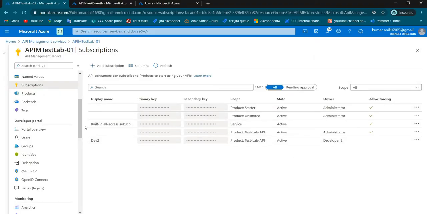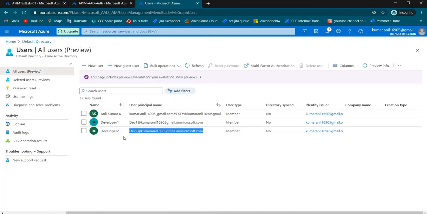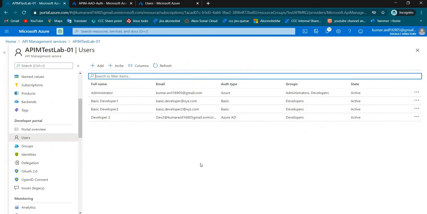And one thing I want to tell here is, for example, you can see here there are two users. In real time, there will be thousands, lakhs of users. So unless the user tries to log in successfully, the user record will not be created here.